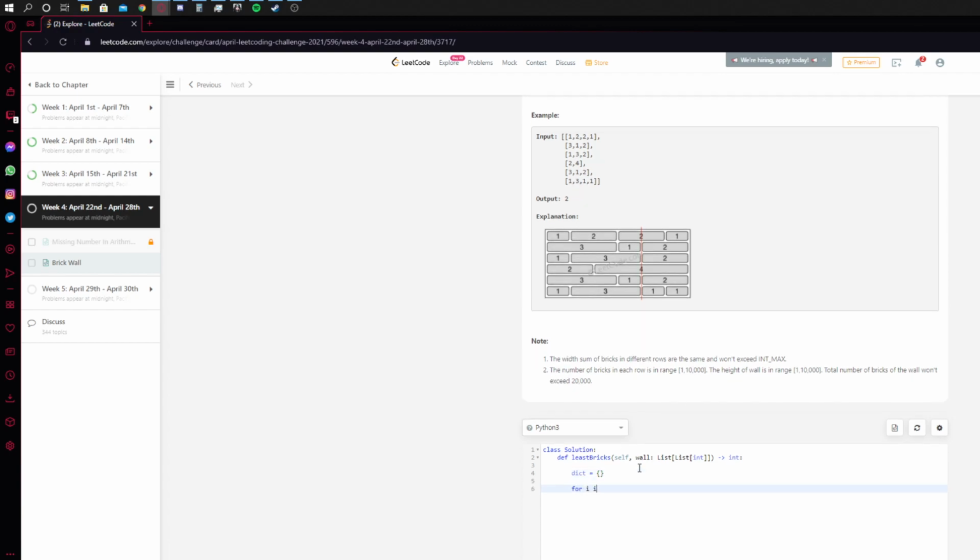Okay, so for i in wall. Oh no. For row in wall. Okay, so each thing is an array. Okay, so for each, okay, so I have all of these. Okay, so it should be